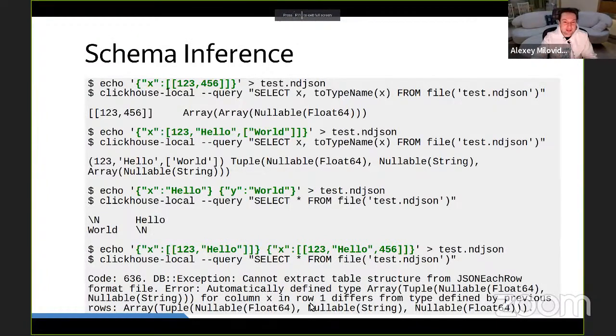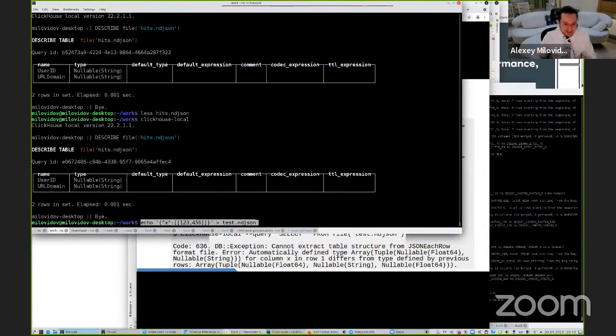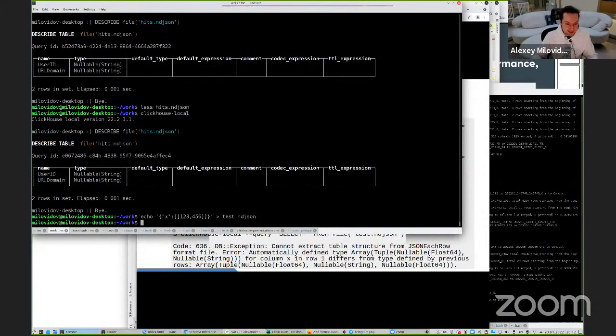And let me show you more examples. So what will happen if we have a multidimensional array? Now let me copy paste these examples and we will see.